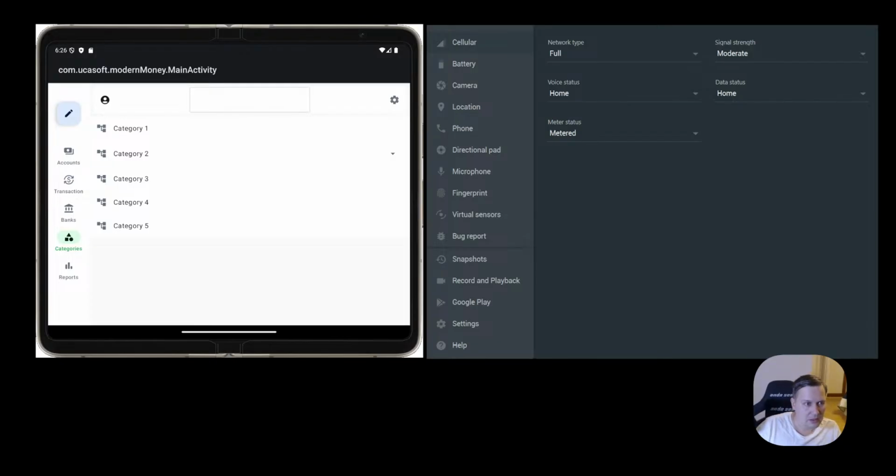So let's check. Compose UI column show vertical scroll.